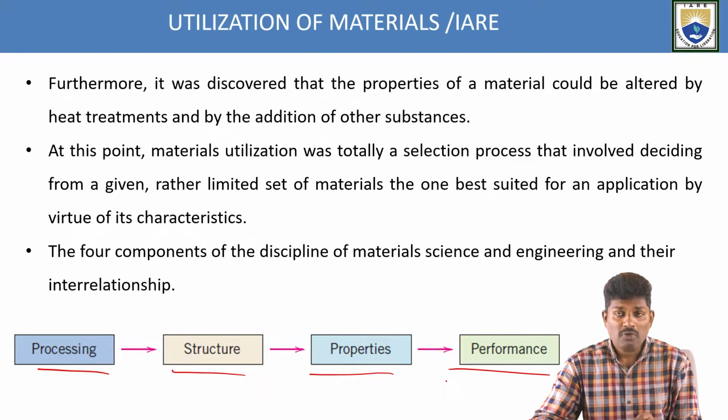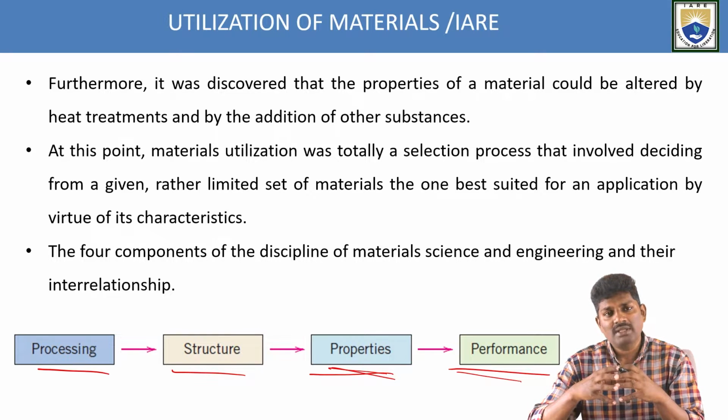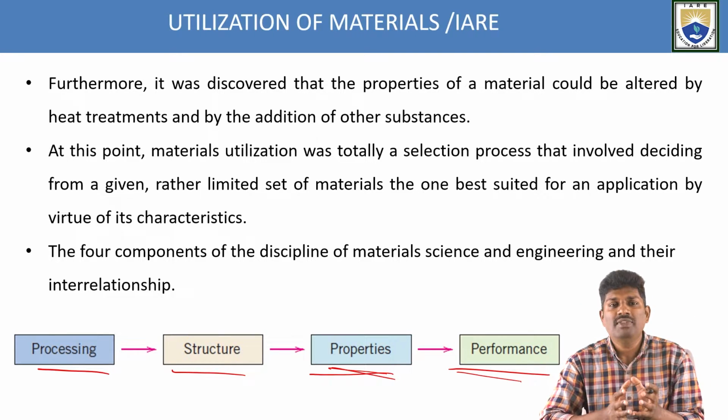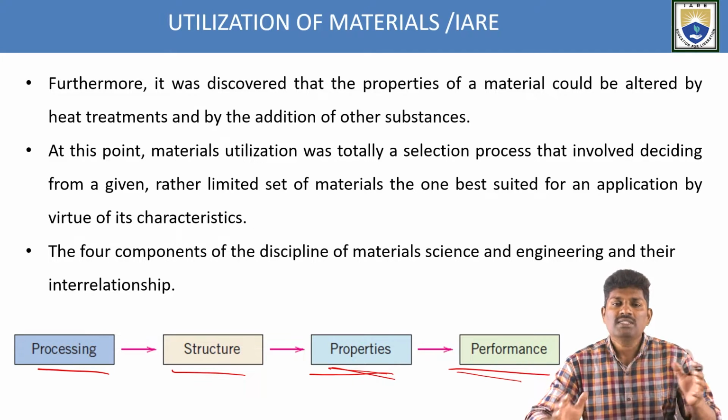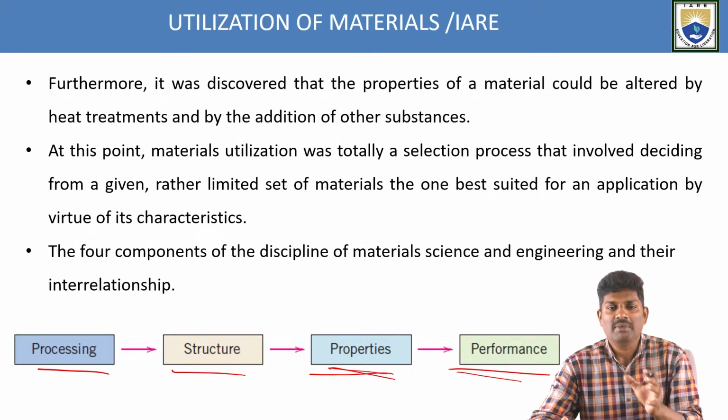Suppose in the four components, the property of the X material has been altered slowly. So what is happening? If this property has been altered, the performance will alter, the structure will alter, and the process of the material will also alter. So if you alter any small portion of these four components, the complete characteristics of the material will differ. So one has to identify that if any one value in these four components is changing, the complete characteristics of the material will go wrong.